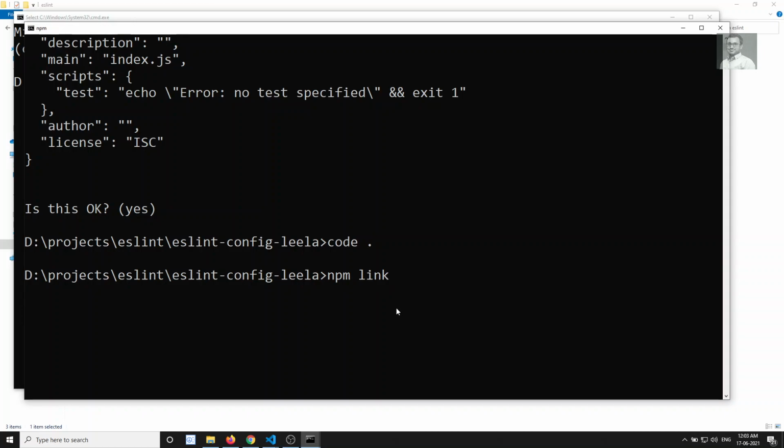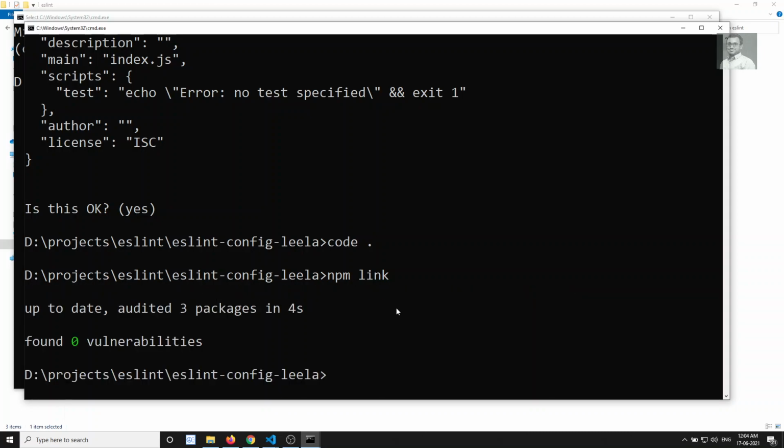For example, when you are trying to develop an npm package and you want to test it, we will be using this process. Locally we are adding it with npm link so that we can use it. This is how we do it when we are creating a package and want to test, instead of publishing it to npm and using that one. So we will be doing this link concept. Now I am using link.